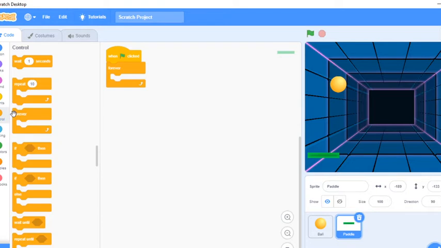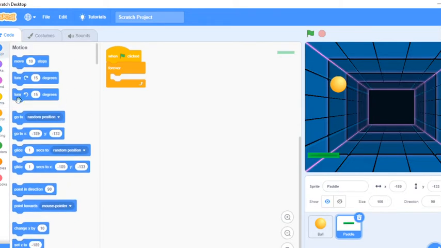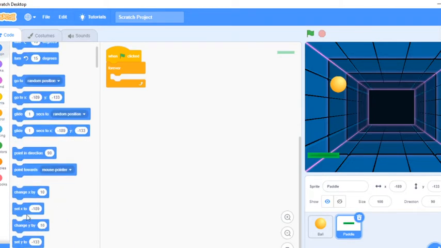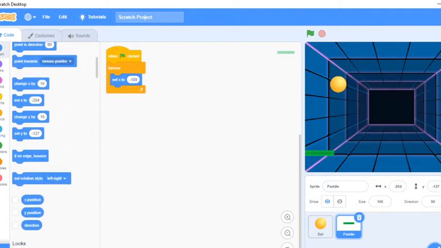So I will add set x. I will add one block, set x to mouse x, which means whenever we are moving continuously, according to our mouse, that green line will move. So I will add mouse x here.